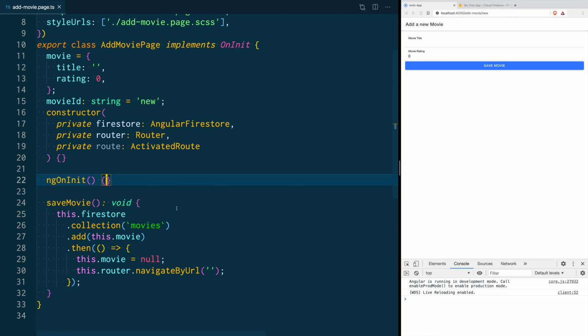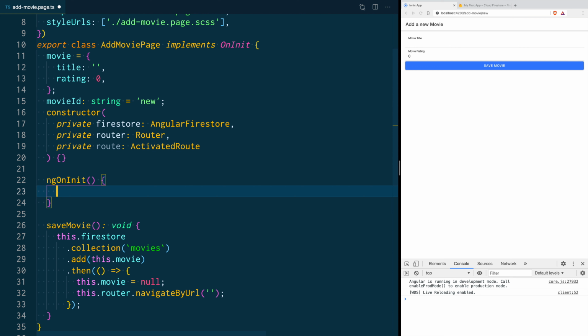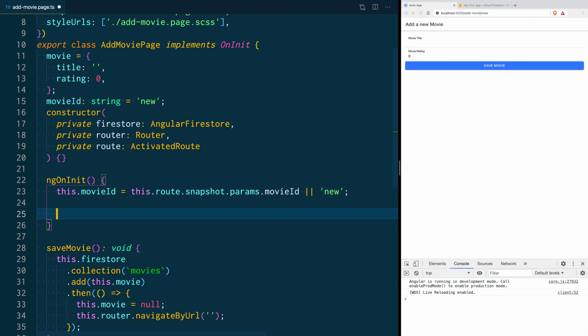Then in our ngOnInit lifecycle hook, we are going to say that the movie ID is going to be whatever we get from this.route.snapshot.params movie ID, because this is the variable name we gave it in the routing module. So if the ID is new, there's nothing to do. The functionality is going to work as it's working right now.